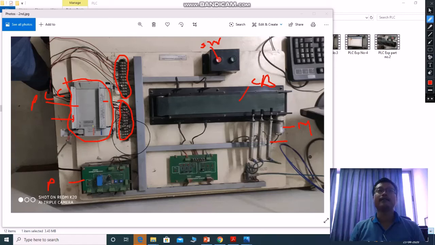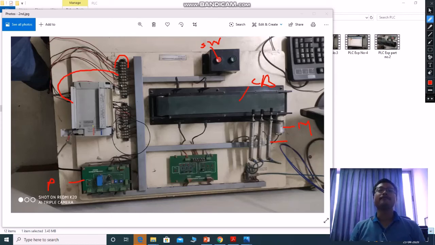For the input interface you need to connect the input device wires, and for the output devices, these wires you need to connect to these output ports.